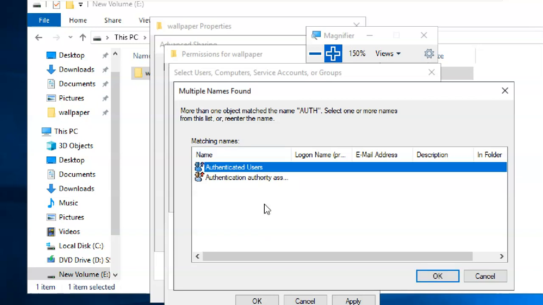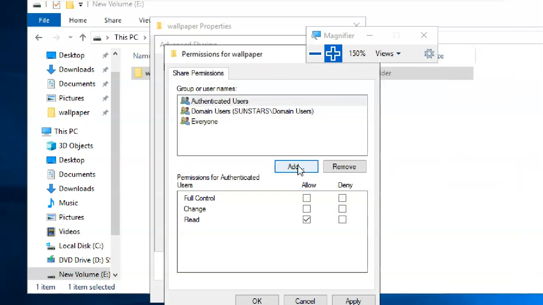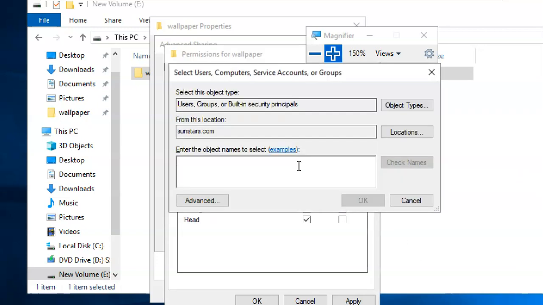Whoever can log into the system gets authenticated automatically. Who are authenticated users? All people who can access, all authenticated users. Or maybe a particular group, like maybe I have created some group like this. You can tell it group-wise also, or maybe user-wise.